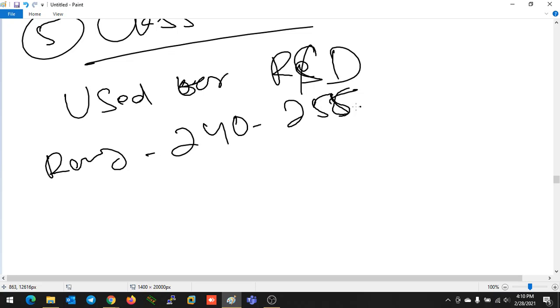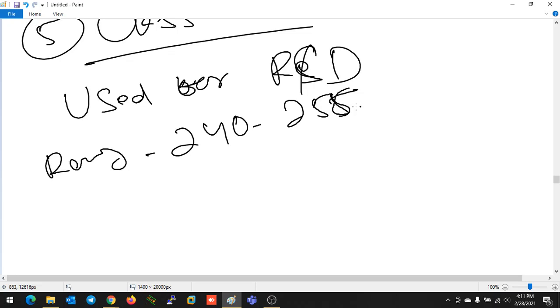All the classes have some specific use. Class A, class B, class C we use for unicast communication, meaning for your network. If you are going to create a network, then you have to buy a class A, B or C according to your organization size. One IP network you have to buy. For multicast communication, if you are doing any kind of streaming service, like live streaming of a TV channel, then you have to buy one multicast IP address from class D. For class A, B and C you have to buy an IP network, but in class D you have to buy an IP address because there is no network in the case of class D.